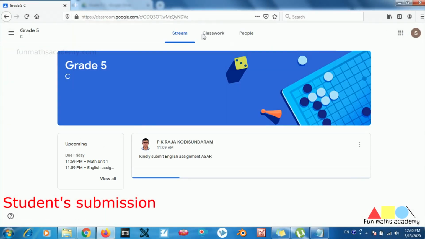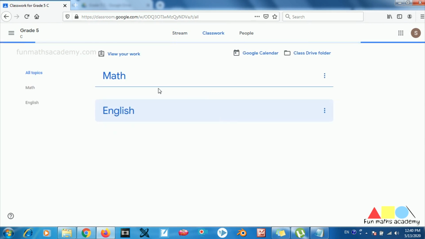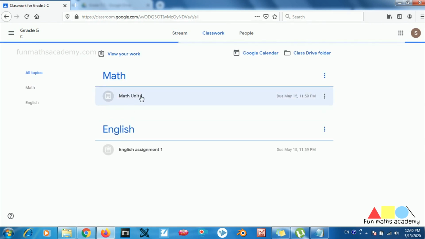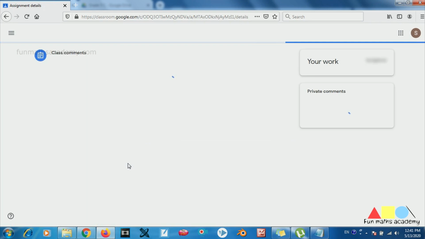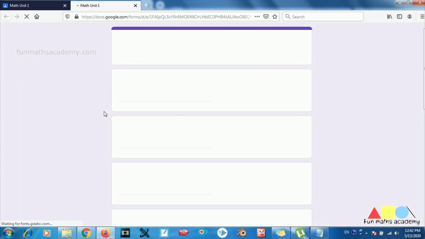Now to do the assignment, students should go into their classwork tab, check the latest assignment, and start answering.